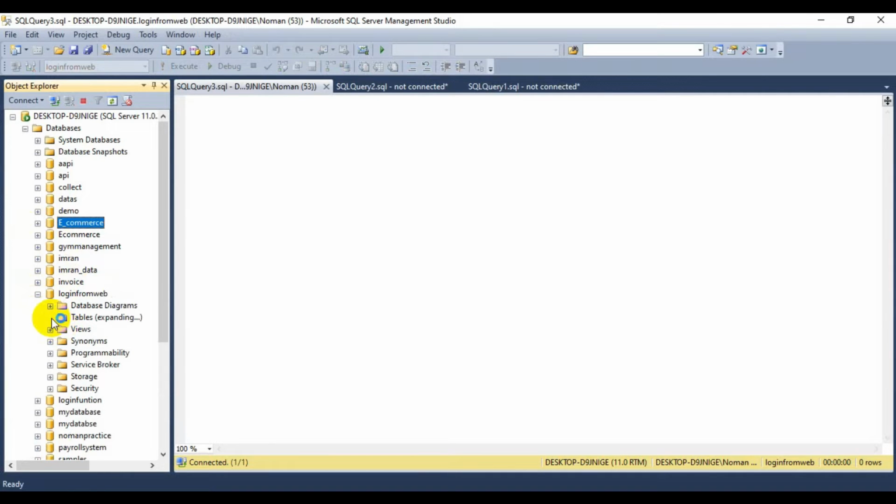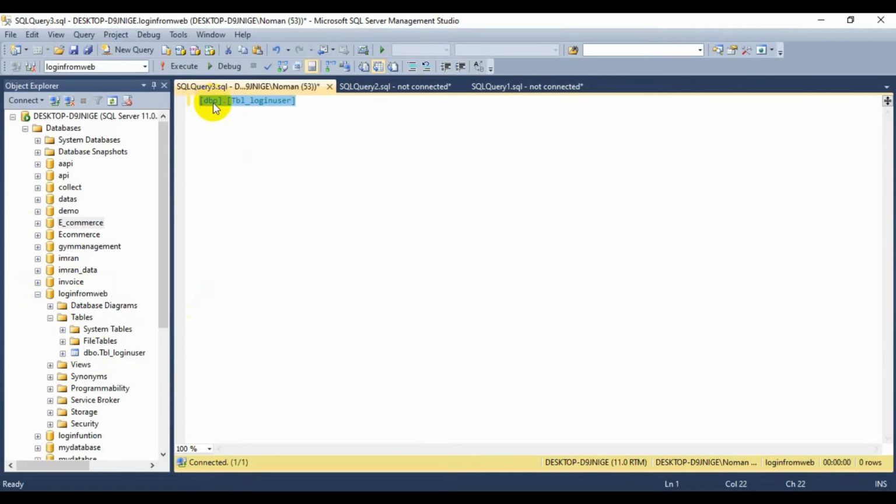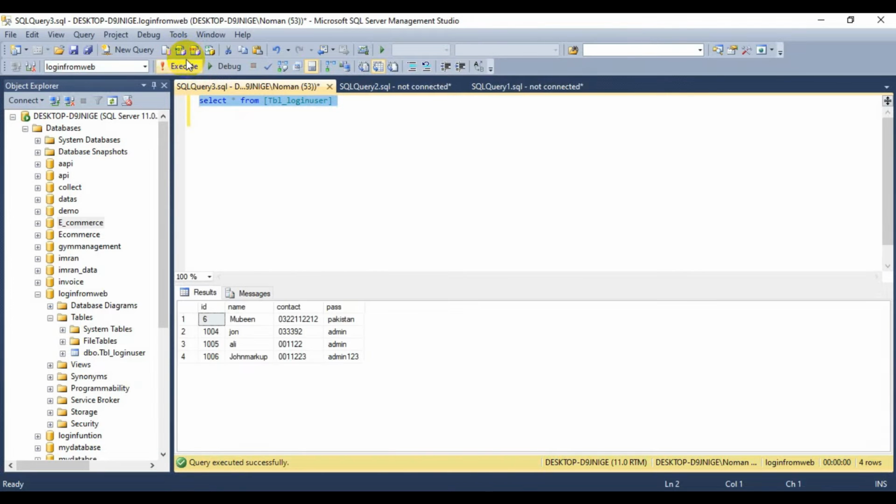In my tables I have only one table, the registration user table. I'm going to generate the query first, select all from tbl user, and click OK. I have 4 records available in my database: id 6, id 1004, 1005, and another. So I'm going to add and connect this data.